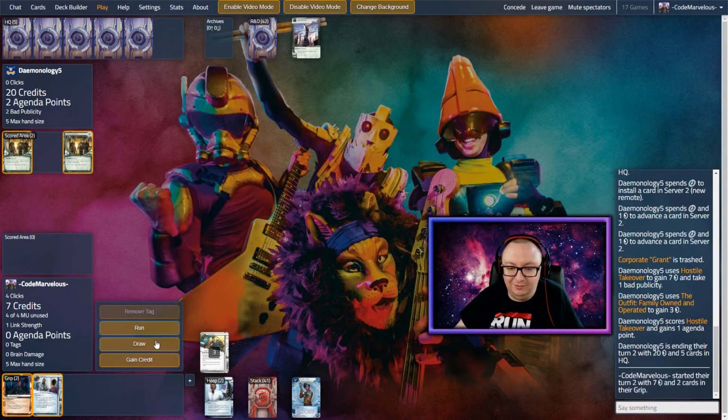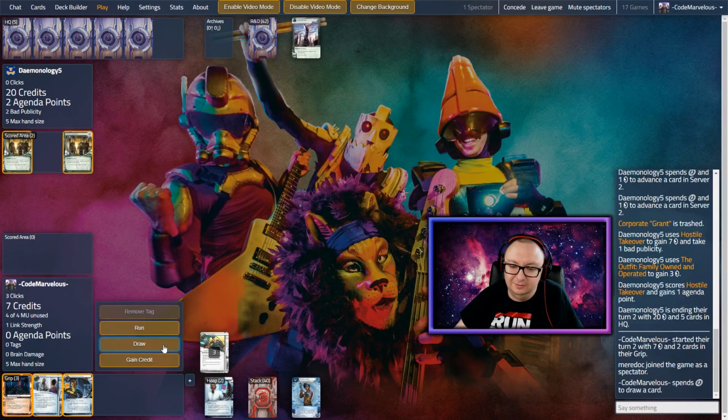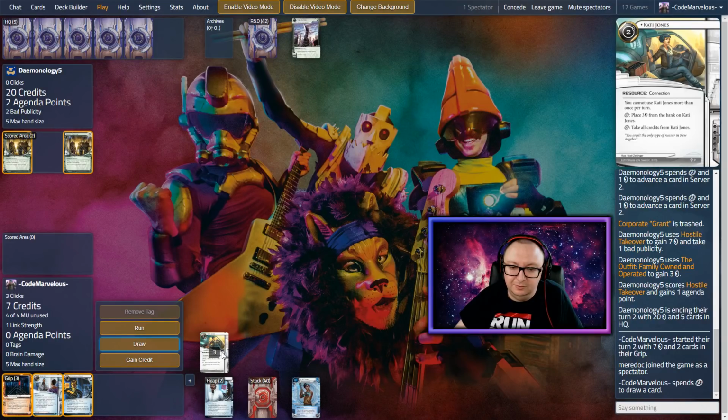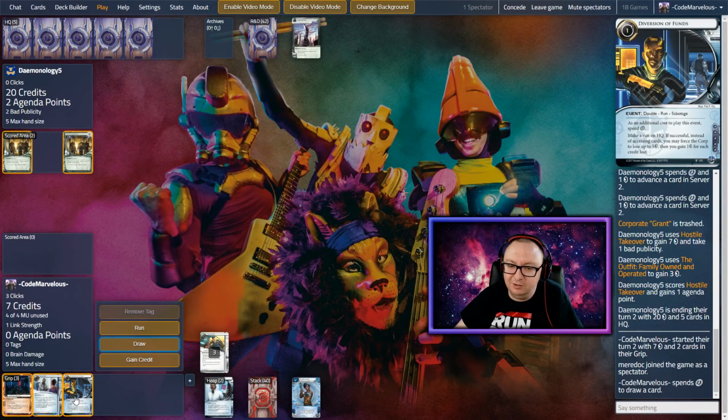Alright. They love giving us bad pub. So what do we think? Draw here? Yeah. If we were Ma, we would love that bad pub. Do we want to use the Diversion of Funds here? Yeah, we could use it. I don't think we're going to get... This early, I don't think we're going to get double...